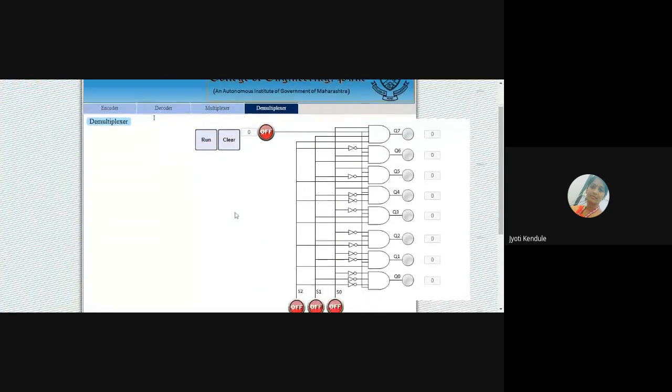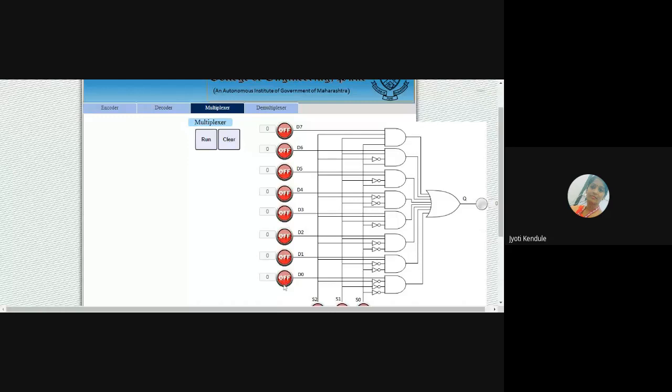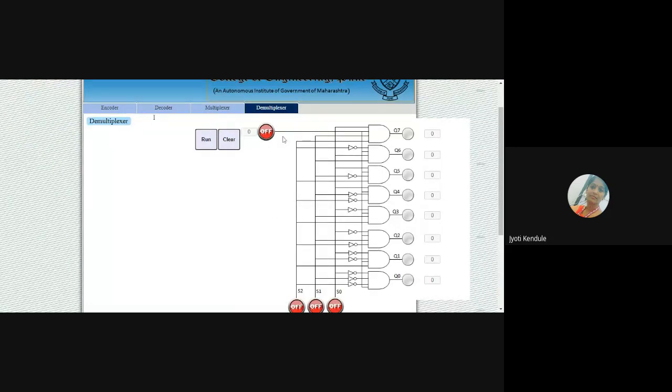Then demultiplexer. One data I am going to give as input. How it is available on the output line. आपण जे डिस्कस केलं थिअरी मध्ये, that here it is implemented. Like here it is mux, 8 inputs आहेत. You can select any input line, इथं output produce होतं आपल्याला. Demultiplexer, one input I am going to give. I am going to select the particular line for that, की कुठल्या लाईनवर तो डेटा अवेलेबल असला पाहिजे. That is nothing but a demultiplexer, like we discussed in theory. Theory मध्ये आपण जे multiplexer, demultiplexer चे example बघितलेले आहेत, that we are going to discuss here.